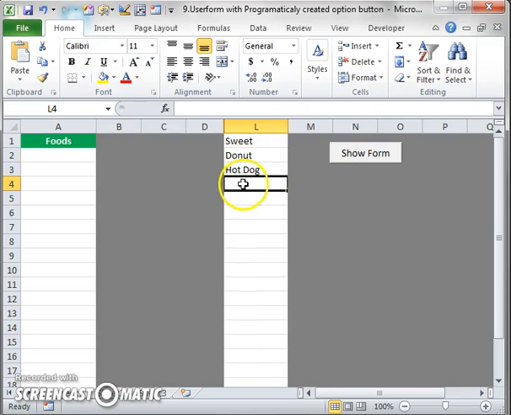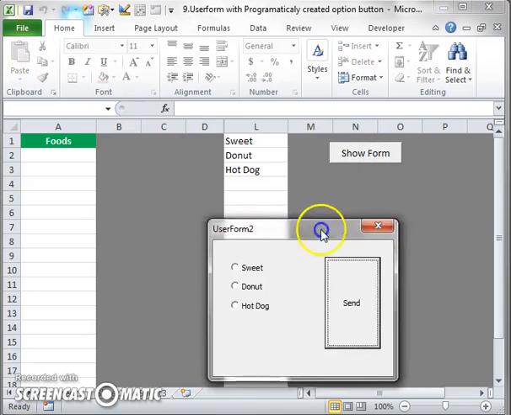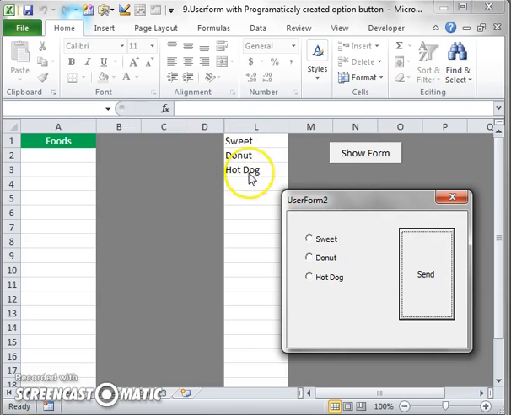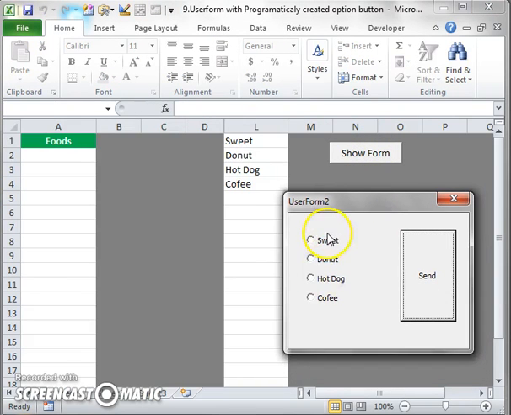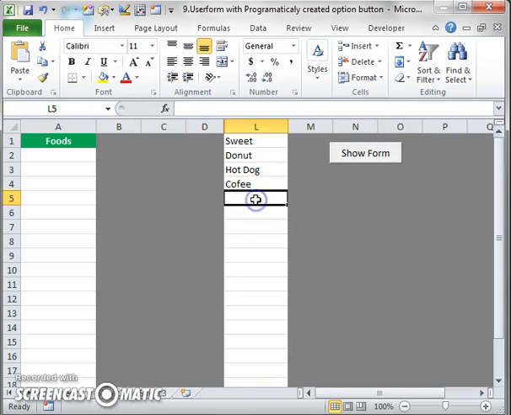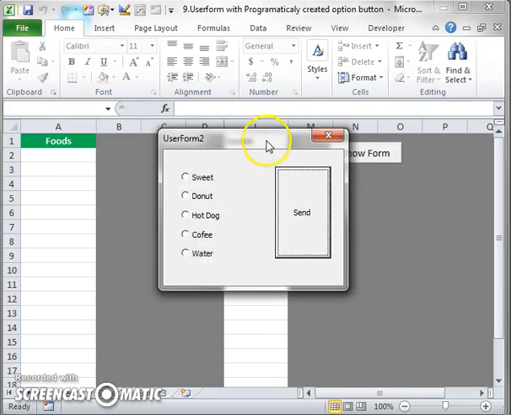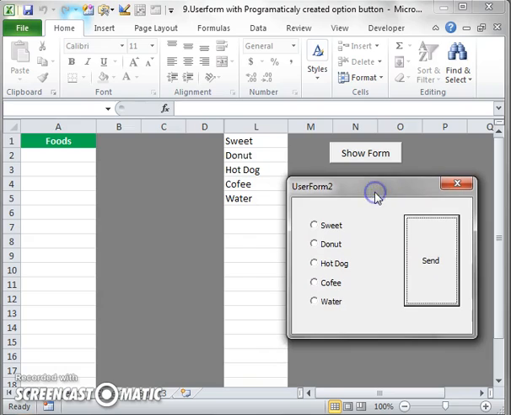when you add any data here, if I click on show form, you will see sweet, donut and hot dog. So if you add any data here, suppose coffee, and now if you click here, you will see there is a new option button, coffee. In the same way, if you add a new item, suppose water, then another option button, water, will be created. In the same way, my second task is this user form